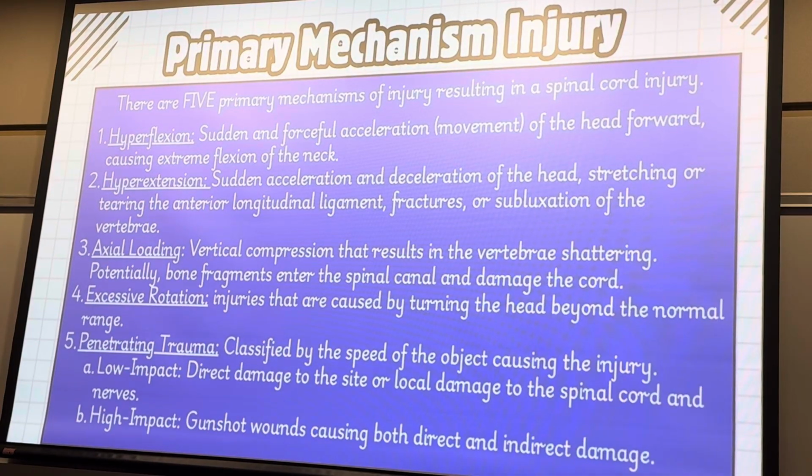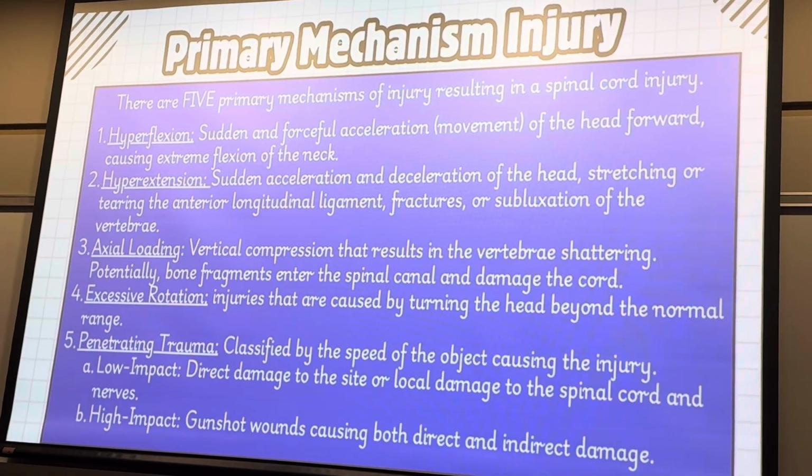All right, so let's talk about a primary reason, your primary mechanism of injury. When we're talking about the mechanisms of injury, there are 5 primary mechanisms of injury. So let's get a volunteer. Natalie is front and center, so stand up for me, Natalie. Let's talk about hyperflexion, all right? So put your chin to your chest as much as you can. See how she's bending her neck like that? She's hyperflexing her neck. That's what's causing this injury to occur.